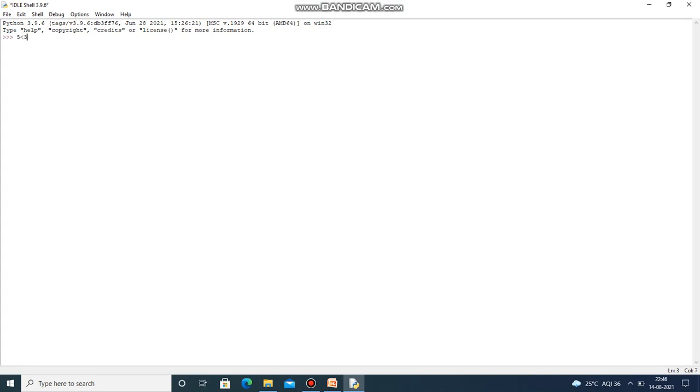So I'm going to show you 5 less than 3. It will give you false. Let's give 5 greater than 3, which is true, right? Because 5 is always greater than 3, isn't it? Now let's give 5 equals 0. It is false. 5 equal to 5. This is how you compare two values using the relational operators.